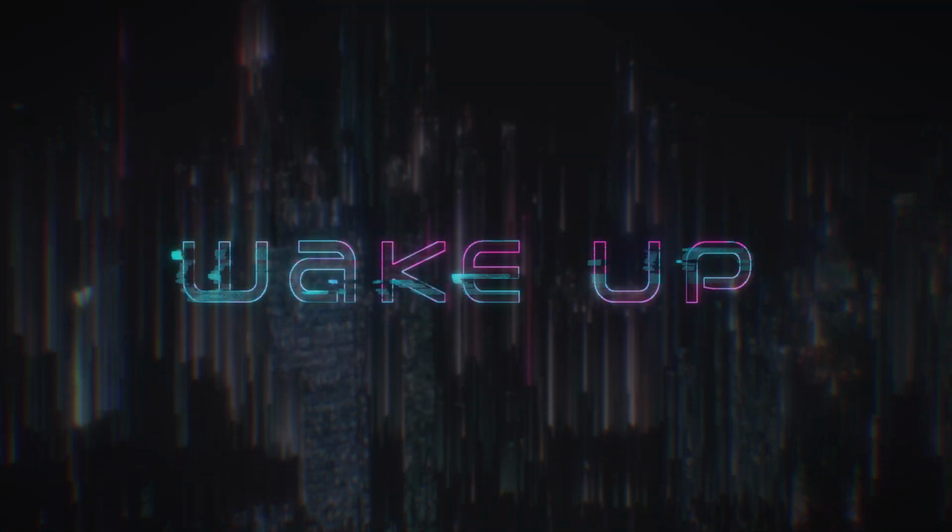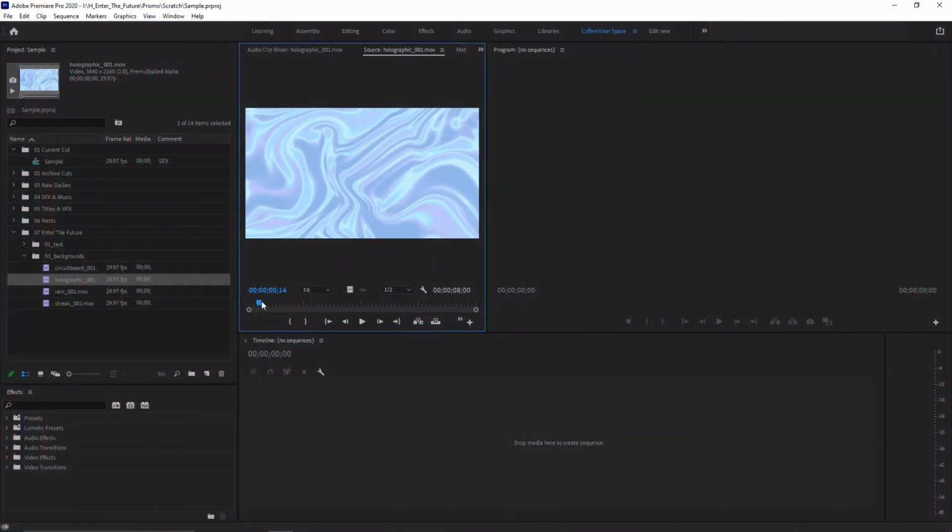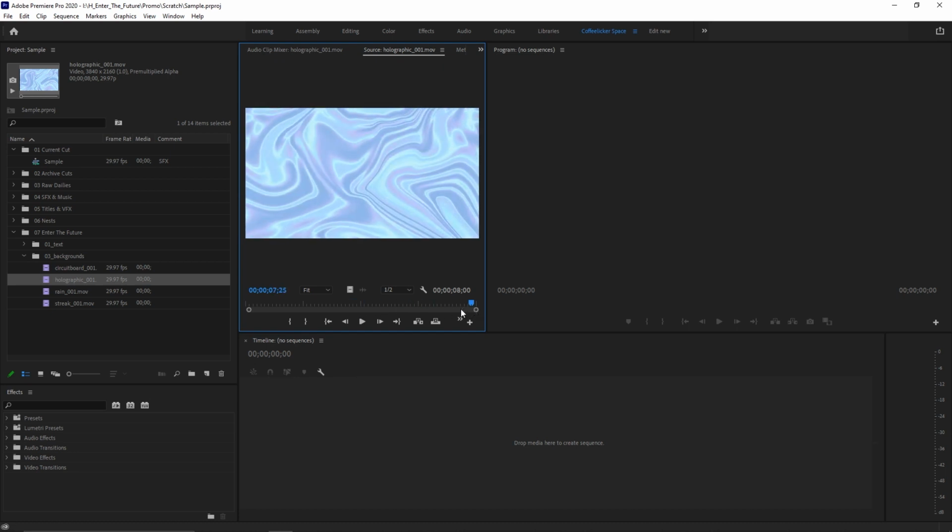There are exceptions, of course, such as the text assets, because there's an animation that goes in and out. But for the most part, the framework assets, emblems, extras, and backgrounds all do. This holographic background over here is an exception, but you can easily make it loop if you just reverse the